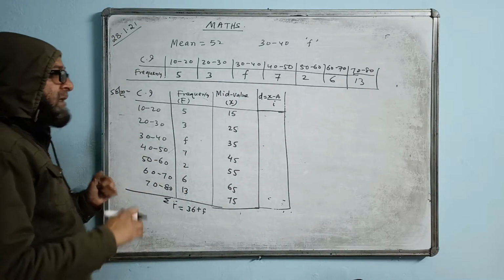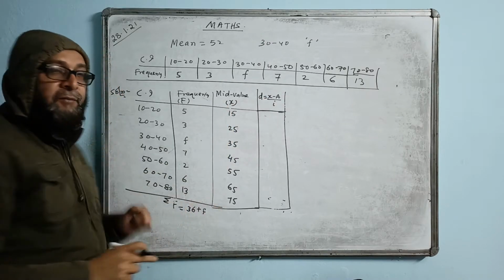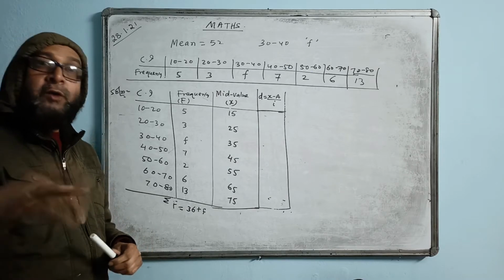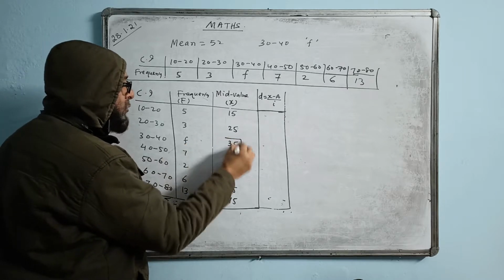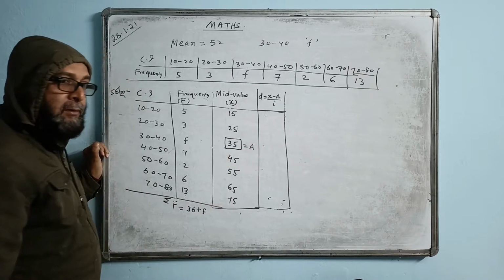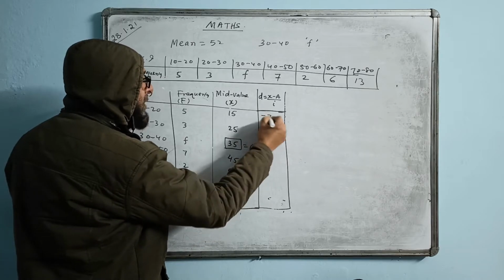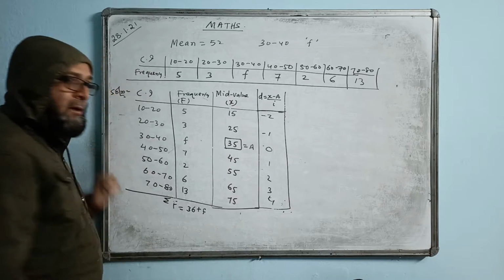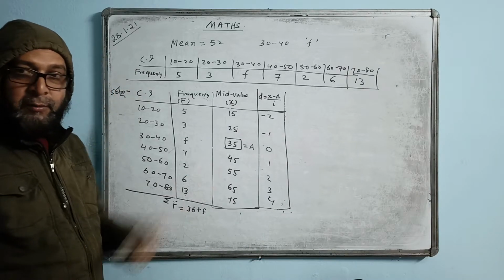Just see. This time normally we choose one of the middle ones as a, but here we will not look at the middle one. We will see where the unknown is coming, and that we take as a. The unknown f comes here, so this one I choose as a, that is easier. We will not see that this is in the middle. Against a I write 0, and upward minus 1, minus 2. Downward you go 1, 2, 3, 4, till where the unknown comes. In front of that only I let f.